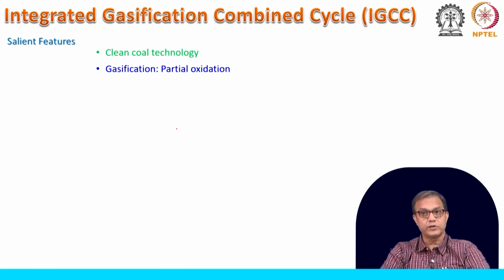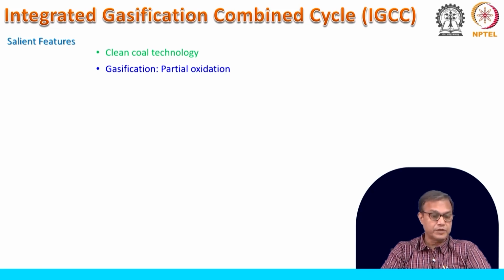That means this cogeneration of this CO plus H2 and power and hydrogen is possible with this use of coal. So, this is a better effective way of utilizing the coal, and that is why it is called the clean coal energy technology. There is another reason for that, I will just tell you in a short while. This overall efficiency is again improved from the earlier process, and here this greenhouse gas emission is